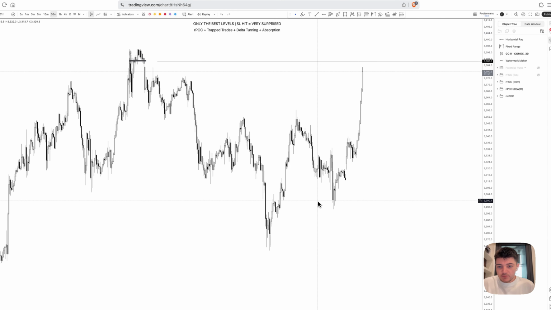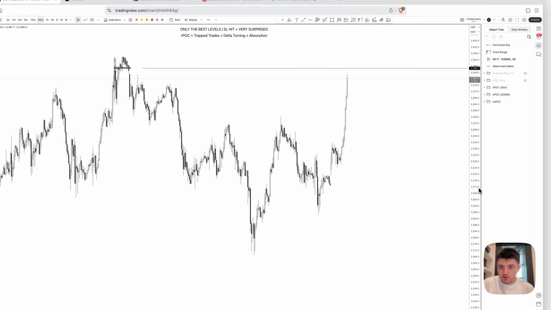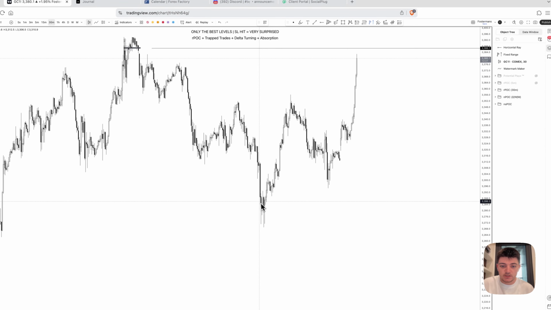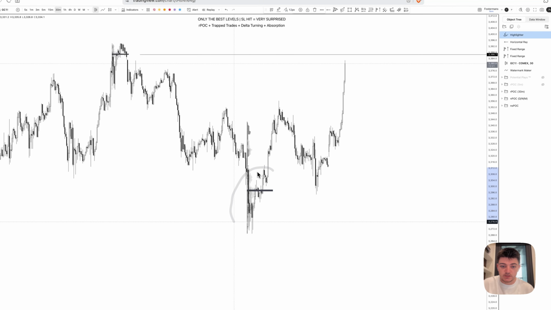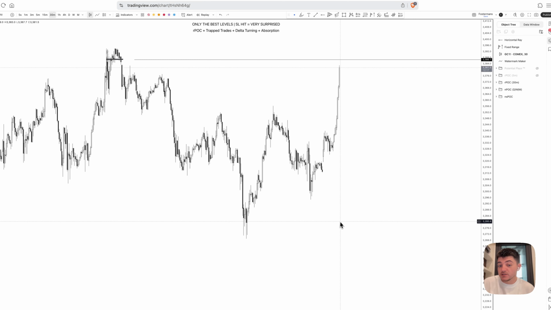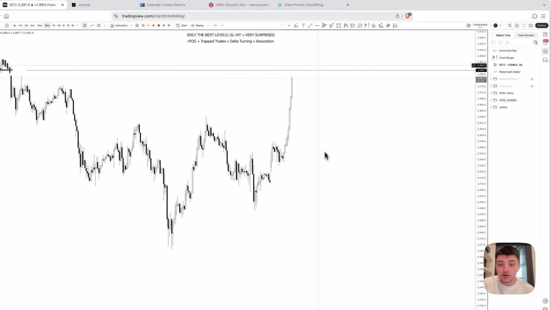Okay, there's one 30 minute range POC. So let's just try to see. Okay, this one was completely beautiful, right? This is why I love these, okay? Because you can see here, this range, boom, tap, and then boom. You could realistically just take these as they are, but that is not my preference at all. I like to have a little bit more